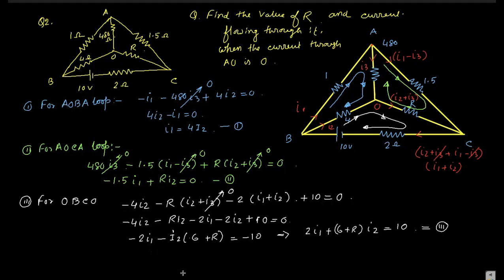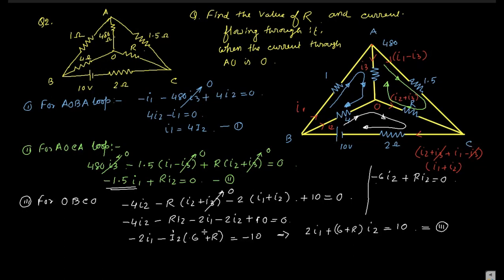So one equation has become, so if you put I1 as 4I2, then equation 2 becomes minus 1.5 into I1, and I1 becomes 4I2, so minus 1.5 into 4 is equal to minus 6I2, minus 6I2 plus 6 plus RI2 is equal to 0,